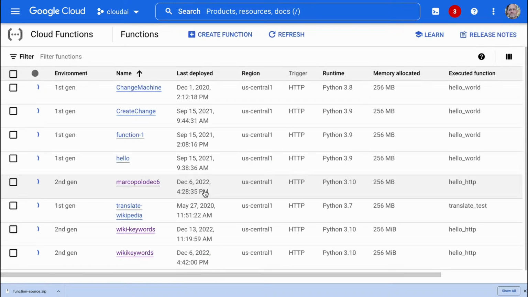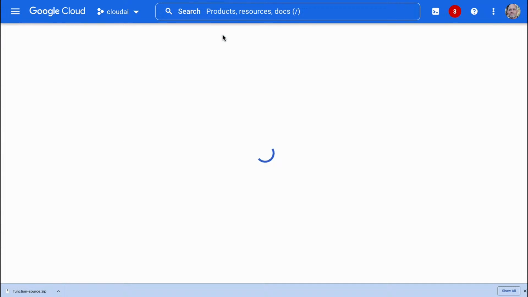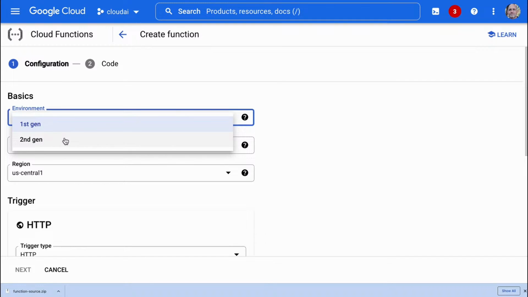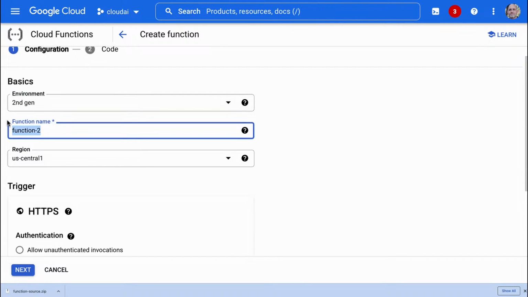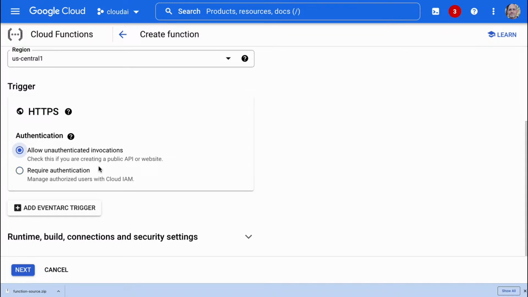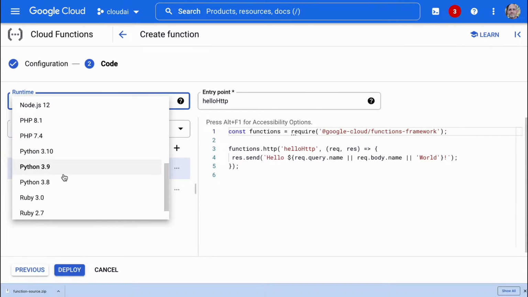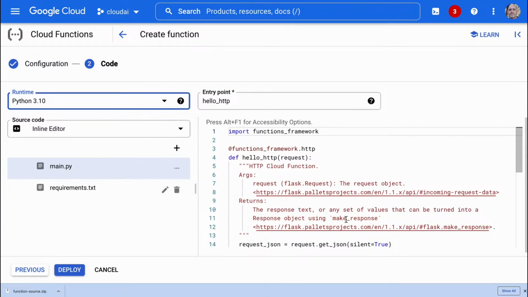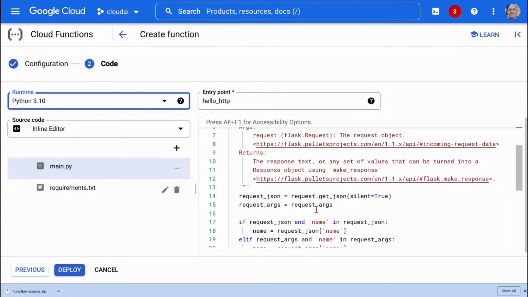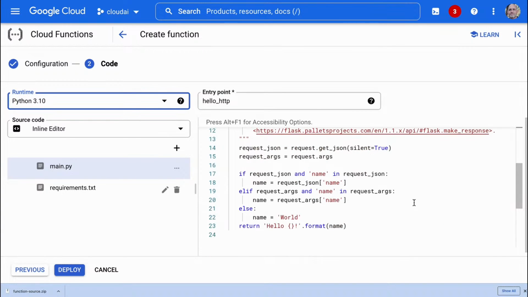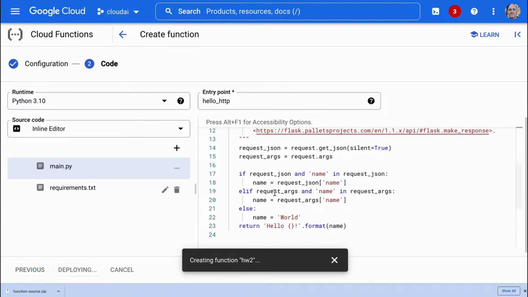Let's just make a new one that's just a hello world, and we'll do generation 2. We'll call this HW2, unauthenticated, and let's pick Python 3.10. And in this case, it'll just take a payload called hello world. Let's just get that working.